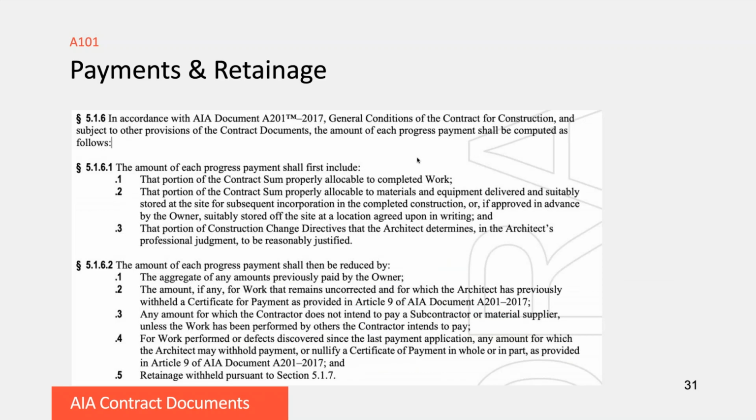So when calculating payments and retainage, the fee, the contract sum amount that you're going to be paid on, is built up first. And this is listed in 5161. So you begin by looking at the portion of the work that is completed for the entire project. And you then might include the portion for materials and equipment that has been delivered and suitably stored at the